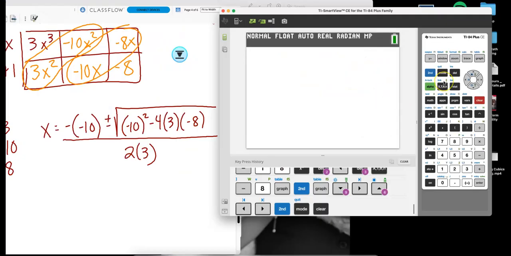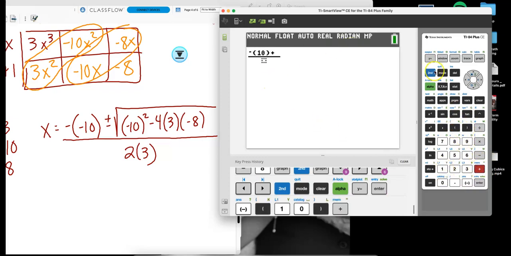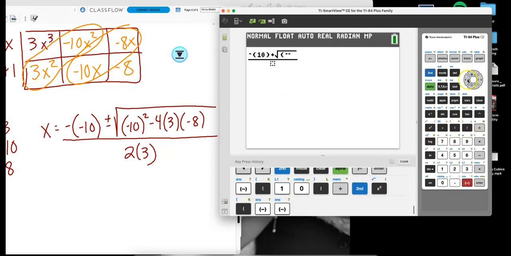So if you remember from Module 2, to make a fraction, we're going to hit alpha, y equals, enter. I'm going to type this in just how it looks. However, I cannot type a plus minus. I will just type in a plus. Square root, -10,